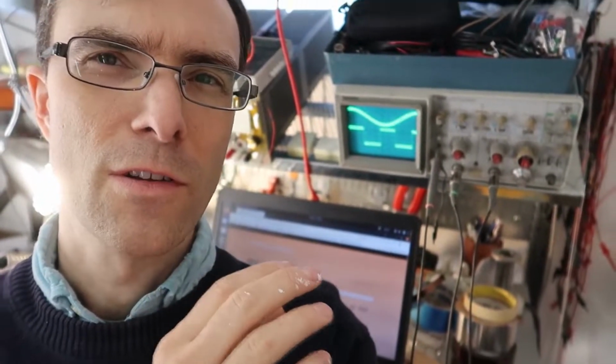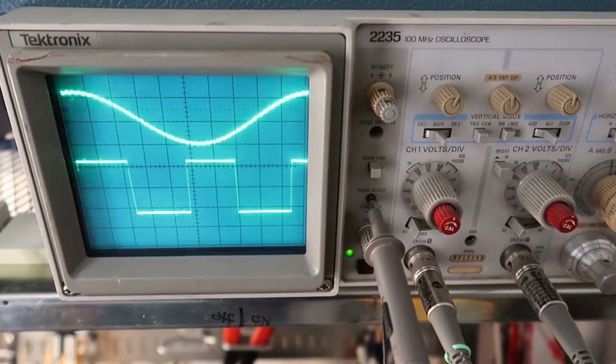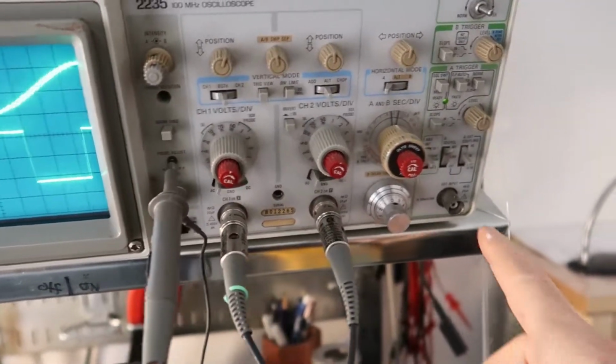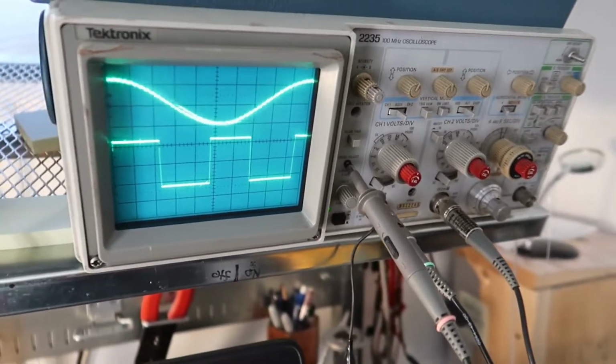Today I've got the venerable Tektronix 2235 scope, and I'm just going to show you some really simple basics on how to set up and use this scope. This oscilloscope by Tektronix is quite an old one, but it has a 100 megahertz bandwidth. It has 2 channels and also allows you to have external triggers involved so that you can sync with external